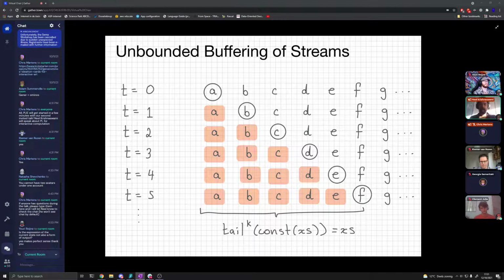And so what this means is that at time 5, if you call const on that, const of x's, that has to give you the elements A, B, C, D, E, F, G, but x's has moved on. It's at time 5, its current value is F. It doesn't even know what A, B, C, D, and E are, so you have to remember that. And so you have to buffer those old elements. And you can see right here that if you need to remember k elements at time k, then if time is advancing at like 120 frames a second, you're going to be using up a lot of memory really quickly.